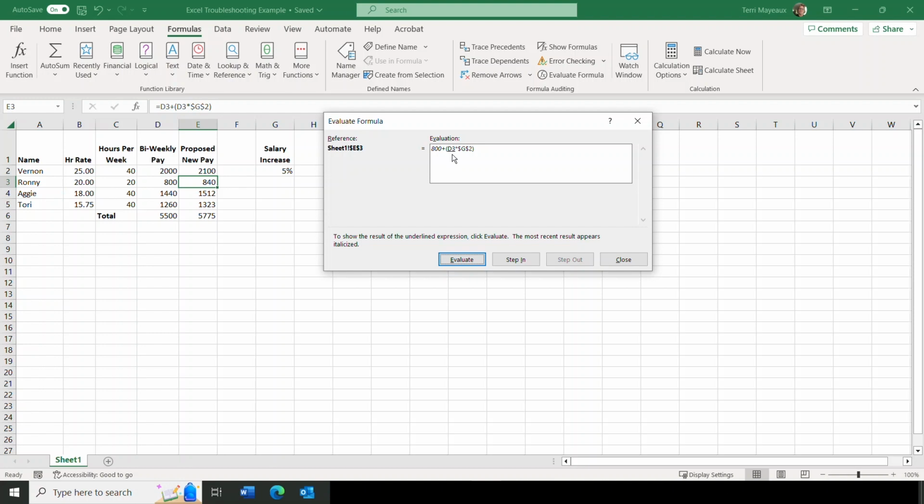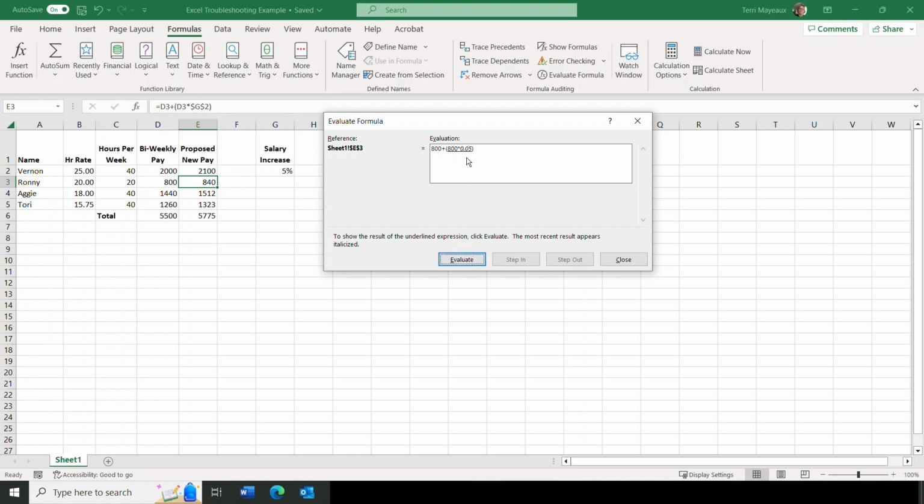Then it goes to the next piece, which is the next cell reference, which is also D3. Well, we'll click on evaluate, and it's also 800. Well, we also then want to evaluate G2 and make sure that we've clicked correctly or typed in that cell reference correctly too. So let's evaluate,